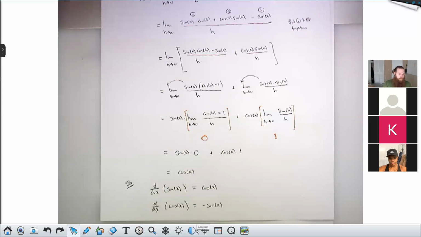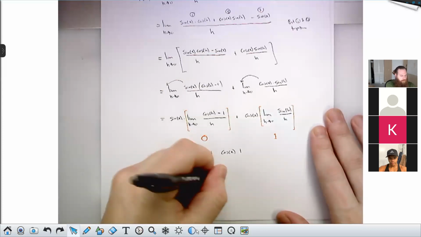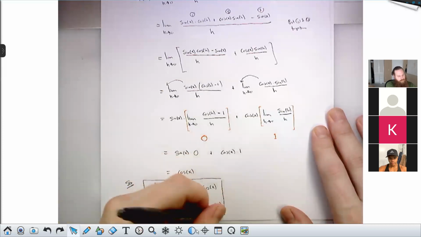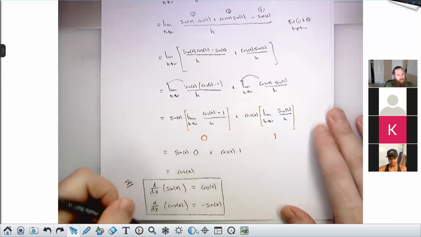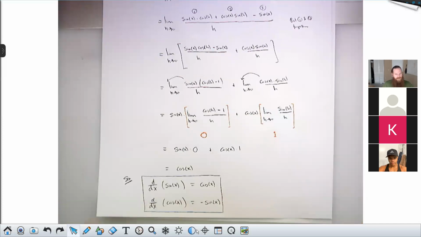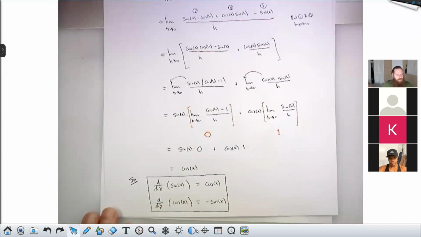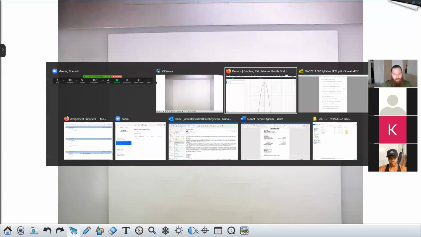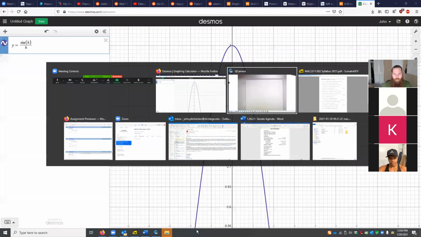Good practice with the product and quotient rules. We should tuck these away, right? These are obviously hugely important. Sine and cosine may be the two most important functions in all of mathematics. e to the x has a good running chance up there. Turns out they're intimately related to each other. Good practice with the product and quotient rules to get the derivative of secant, tangent, cosecant, and cotangent from them. So I'll leave you here, and then we'll fiddle more with this next week.